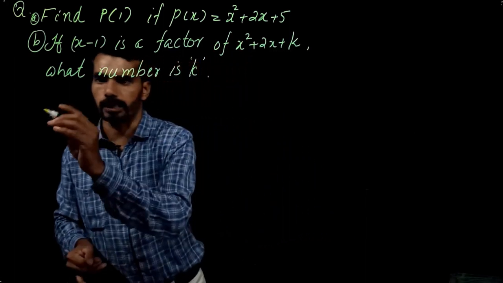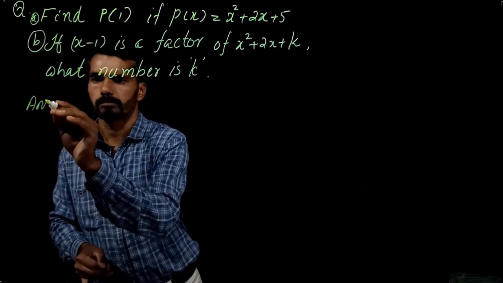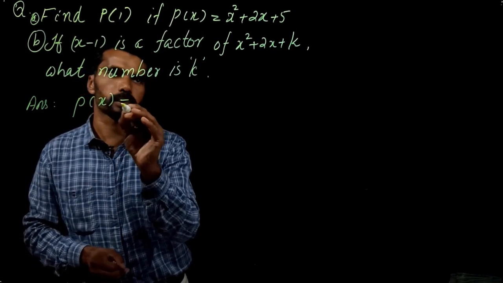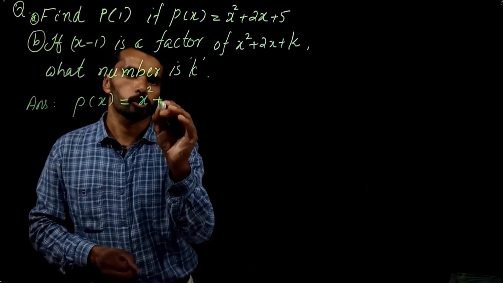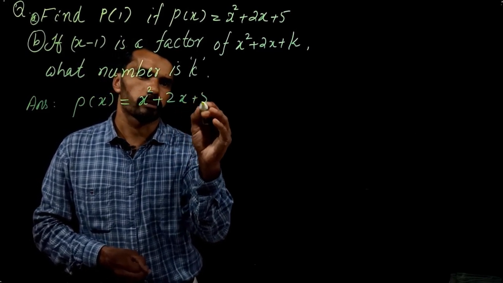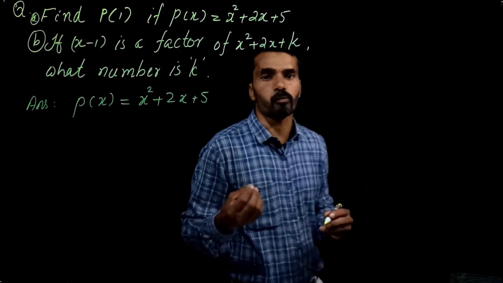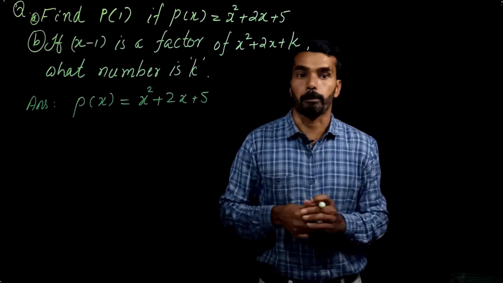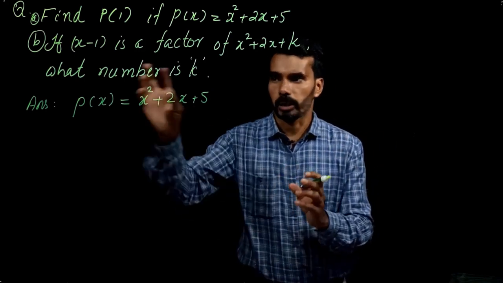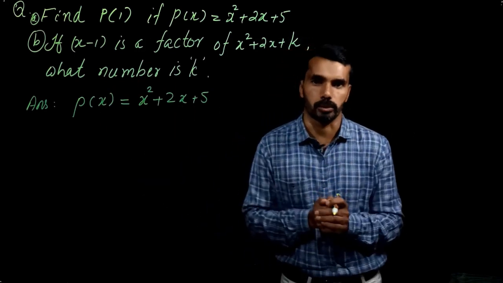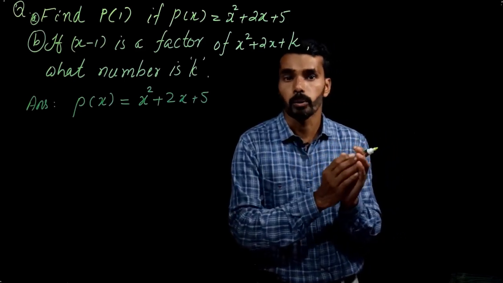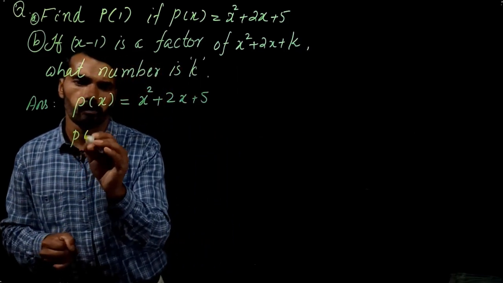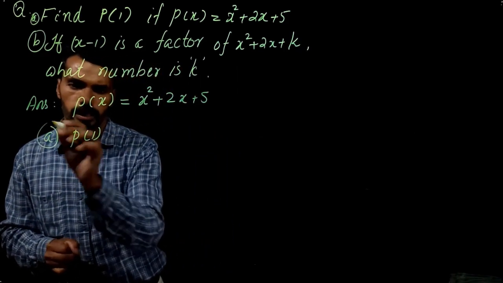So let us write that. ഇവിടെ നമ്മൾ p of x തന്നിട്ടിരിക്കുന്നത് ഒന്നുകൂടെ എഴുതുന്നു. p of x is equal to x square plus 2x plus 5. ഇനി now we are asked to find out p of 1. p of 1 ആണ് നമ്മോട് കാണാൻ ആവശ്യപ്പെട്ടത്. p of 1 കിട്ടാൻ p of x എന്ന പോളിനോമിയലിൽ എക്സിന് പകരം 1 സബ്സ്റ്റിറ്റ്യൂട്ട് ചെയ്യുന്നു. x is equal to 1 എന്ന വാല്യൂ കൊടുക്കുകയാണ് ചെയ്യുന്നത്. അപ്പോൾ p of 1, this is the first question.